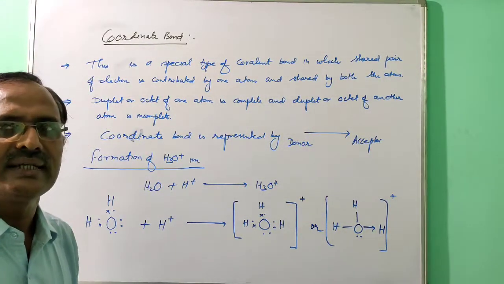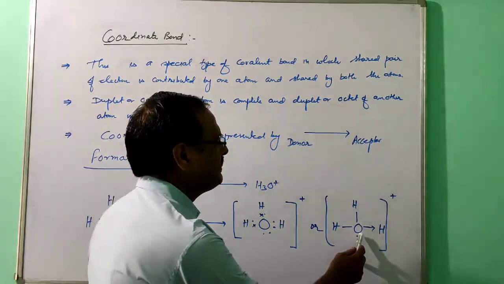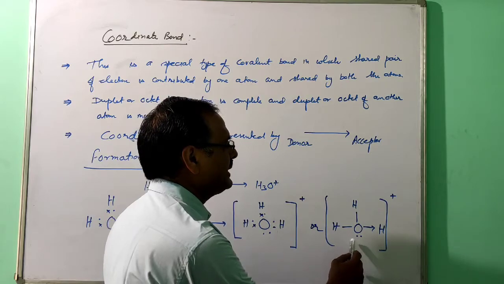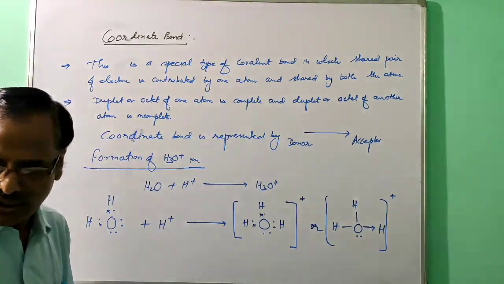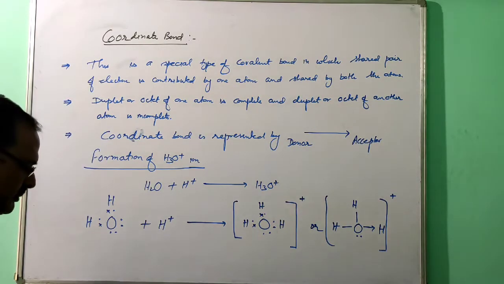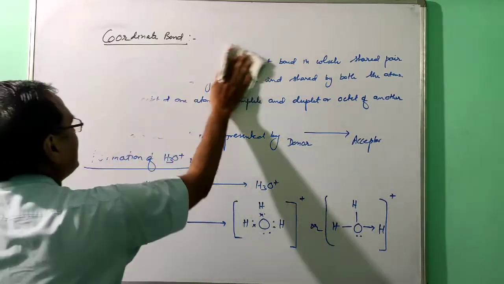Sometimes they ask you to define the lone pair and mark the lone pair of electrons. So this is the lone pair. If you want, you can make a circle and show the lone pair of electrons. Now one more structure is there, that is the ammonium ion. So these two structures are very important.